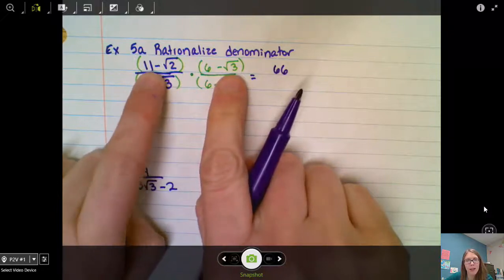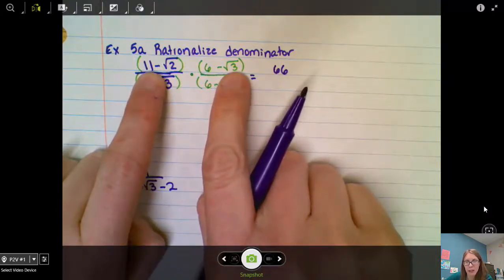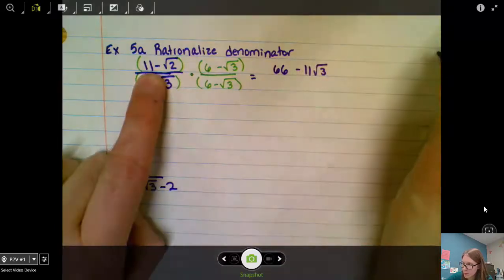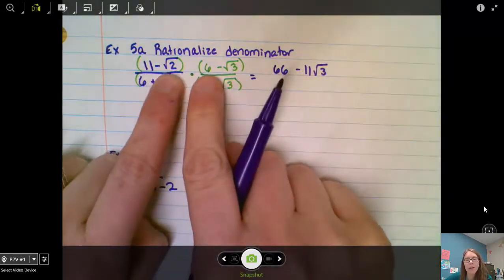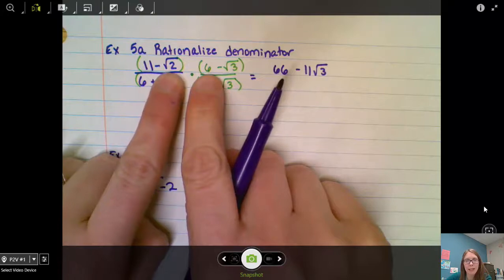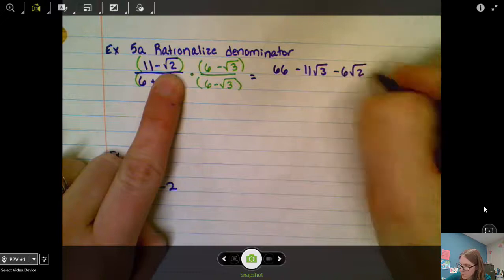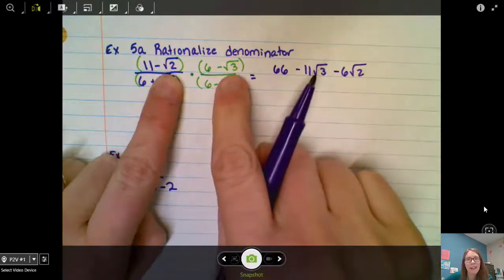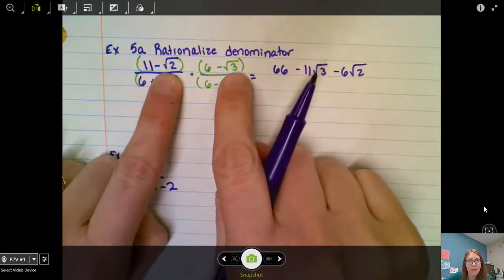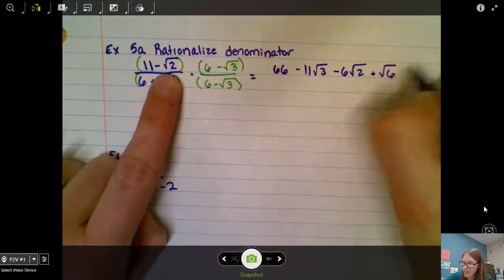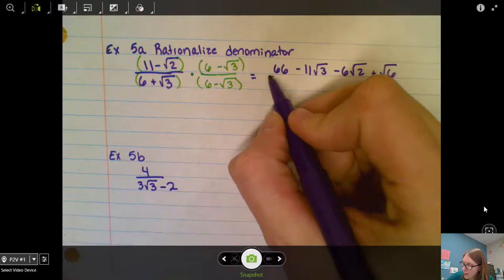The outside, 11 times negative square root of 3 is minus 11 square root of 3. Inside is negative 6 square root of 2. And then last, negative square root of 2 times negative square root of 3 is plus the square root of 6, over,